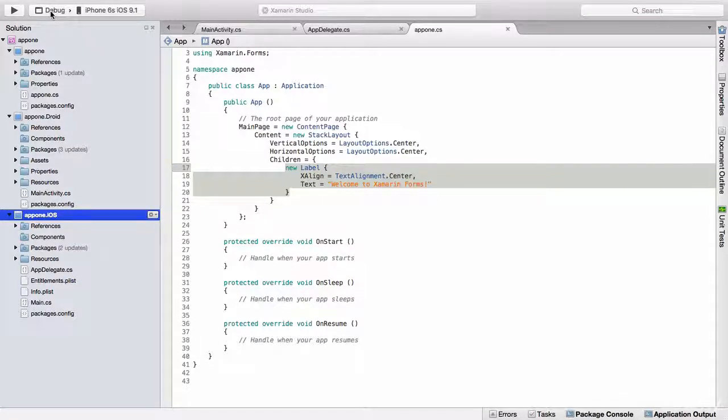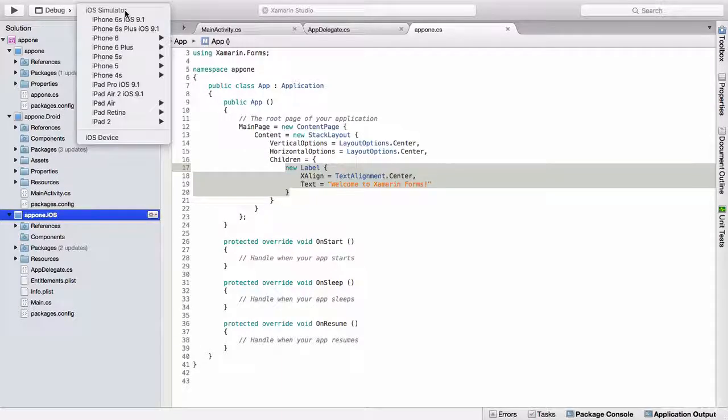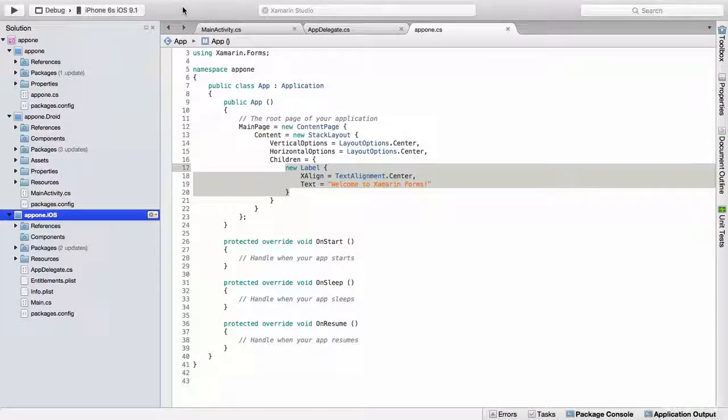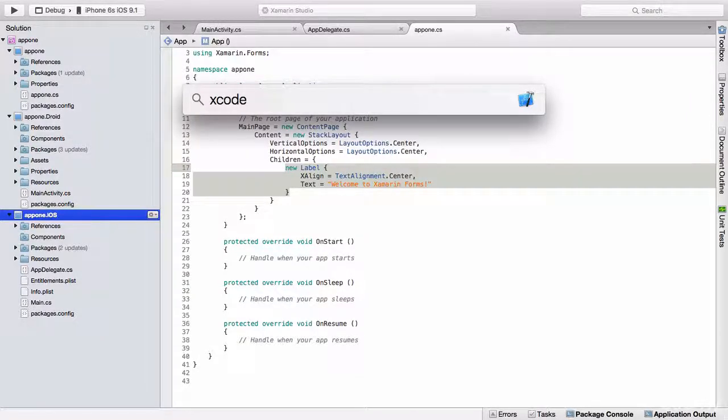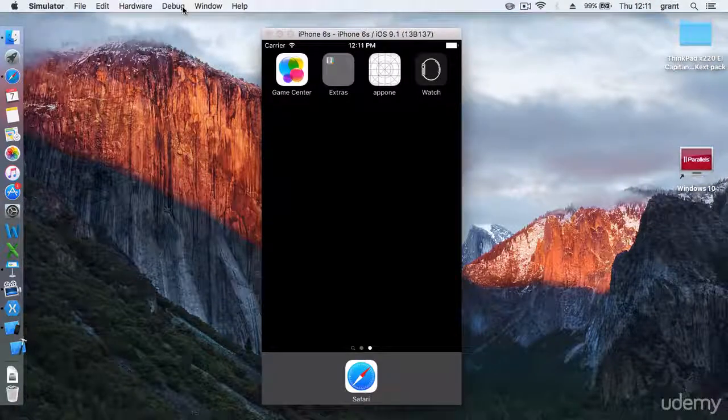And then up on the top left we have a Play, a Debug and an iPhone. You can either set it to Debug or Release. We're not going to worry about Release for a long time. And then the next menu will give us a list of devices. If you can't see any of these devices, then you need to open up Xcode on your Mac. And when that fires up,